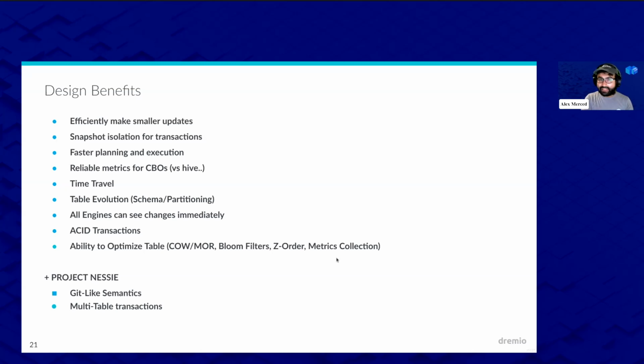And again, metrics collection, because it's collecting data every time you write. But not only do you get that in Apache Iceberg, but I mentioned this other open source project called Project Nessie. It's a project that's designed to be the catalog. So you can use things like Hive, AWS Glue, a JDBC database, or you could technically use Postgres as an Iceberg catalog. They were never built for that though. Nessie was specifically built for that,